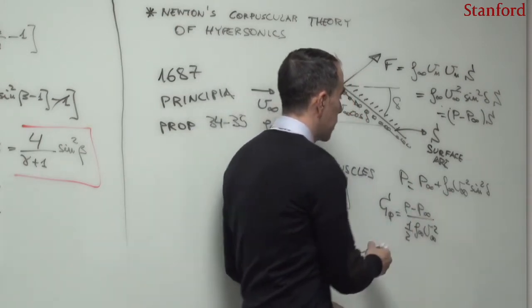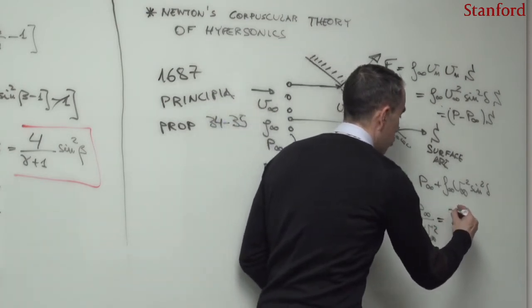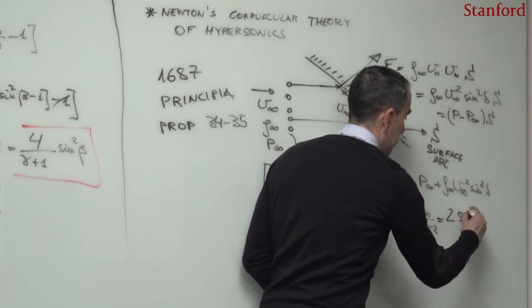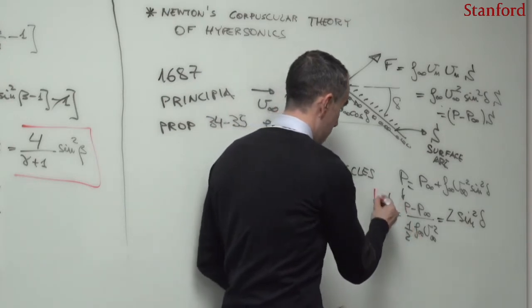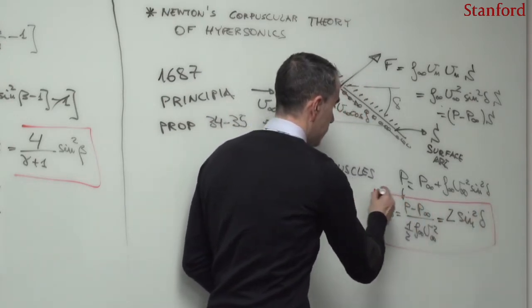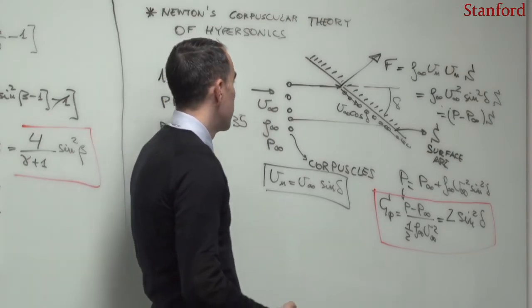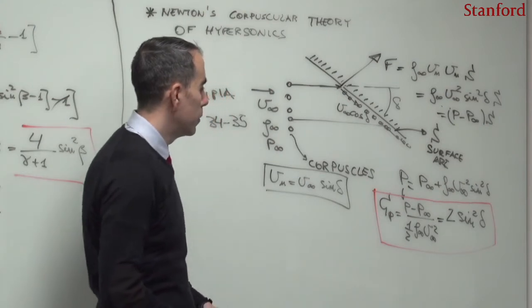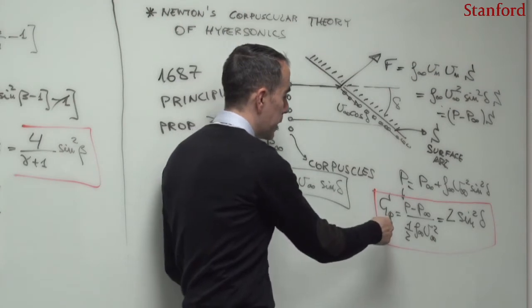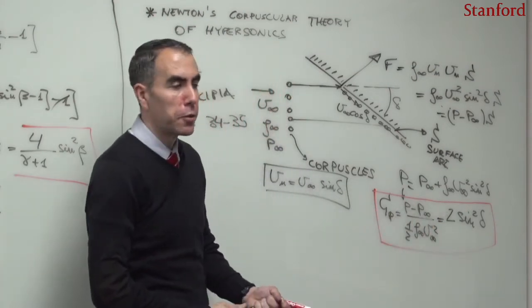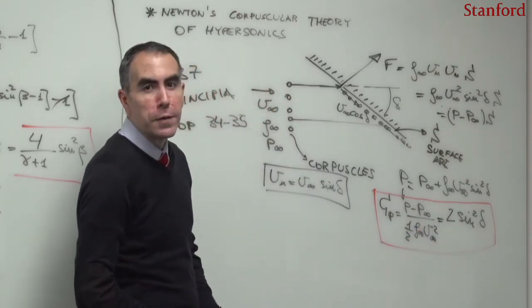So I have to substitute here this pressure right there. Then the final result is going to be that this is equal to 2 multiplied by the sine square of delta. This is perhaps the central result of the Newtonian theory. So in the theory of Newton, the force on this wall can be computed by the simple expression of a pressure coefficient, that only depends on the inclination of the surface delta.